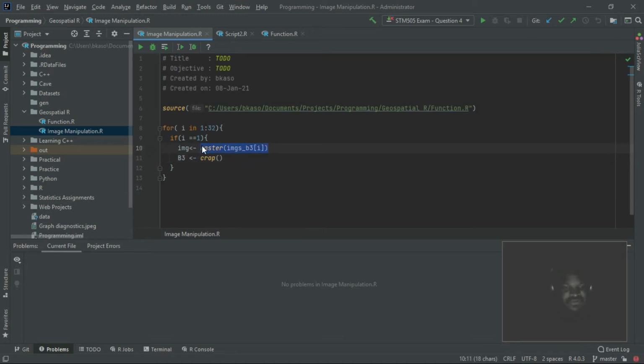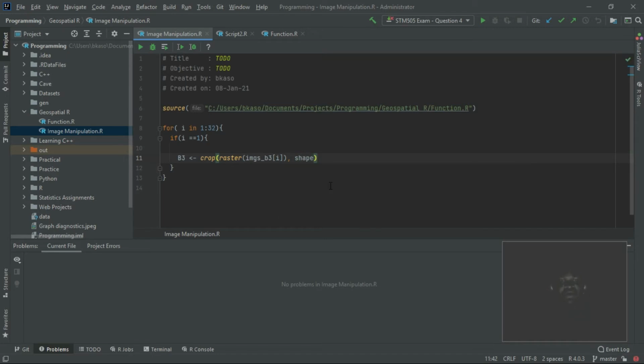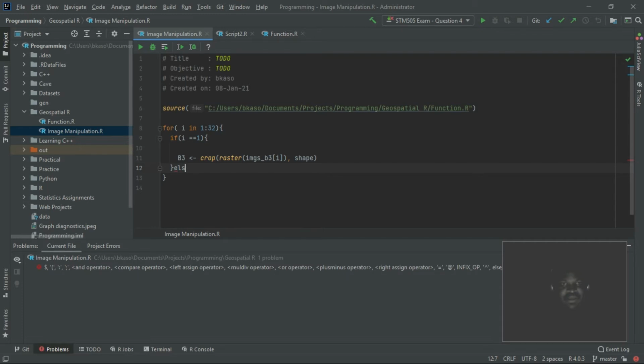Instead of having 2 different lines, you can put these things together so that you don't have too much to work with. So as you convert the first image to raster, you want to crop it as well, so that you are able to use your small image instead of having way too many images that you'll be using at the same time. So else,